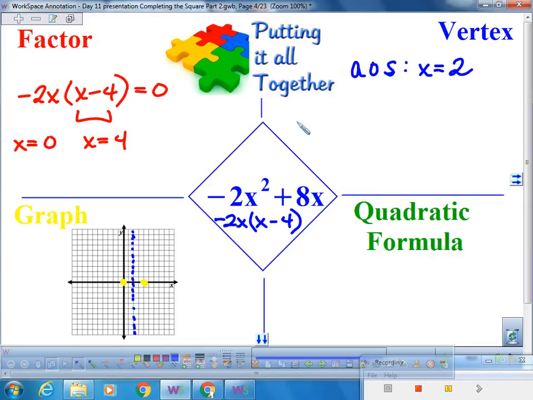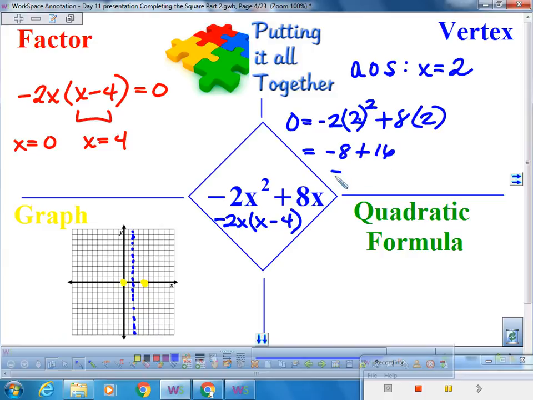So let's substitute it back in. I've got -2. 0 equals -2 times 2. Let's use this one. We can use this one here. -2 times 2 squared plus 8 times 2. So 2 squared is 4. 4 times -2 is -8. -8 plus 16 is +8. Right? So my vertex is 2, 8,